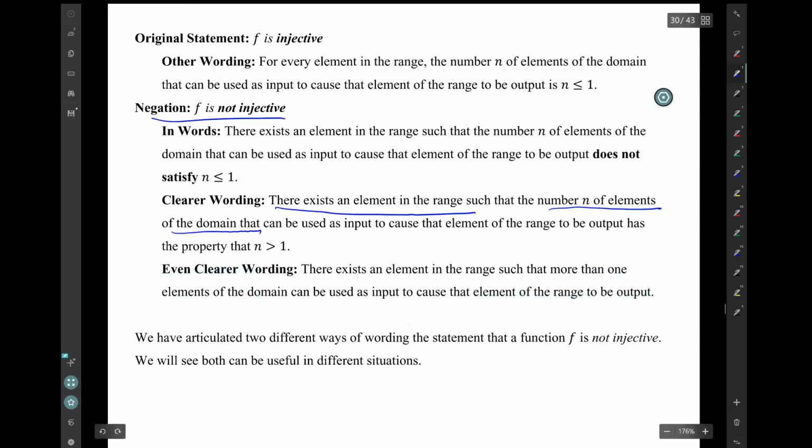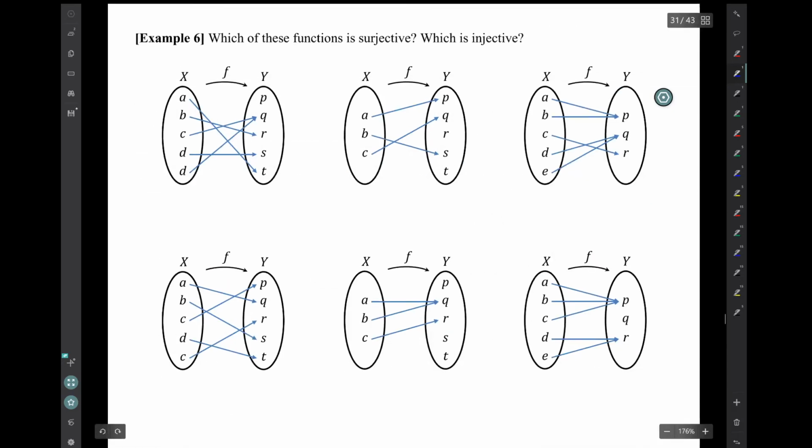So we've articulated a couple of different ways now of wording the statement that a function f is not injective. We'll see that both can be useful in different situations. So for instance, which of these functions is surjective and which is injective? Well,